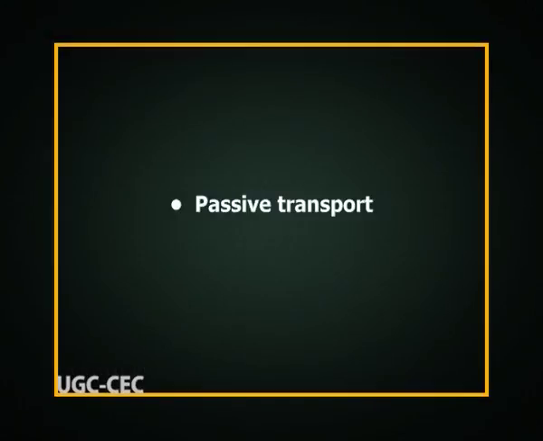Let's talk of passive transport. It occurs along the concentration gradient and without the use of metabolic energy. If a transported substance carries a net charge, its movement is influenced by both its concentration gradient and the membrane potential. The combination of these two forces, called the electrochemical gradient, determines the direction of transport of a charged molecule across a membrane. Thus, an ion diffuses not simply down its concentration gradient, but more exactly down its electrochemical gradient.